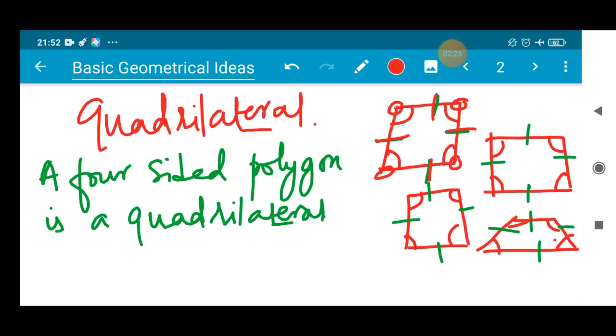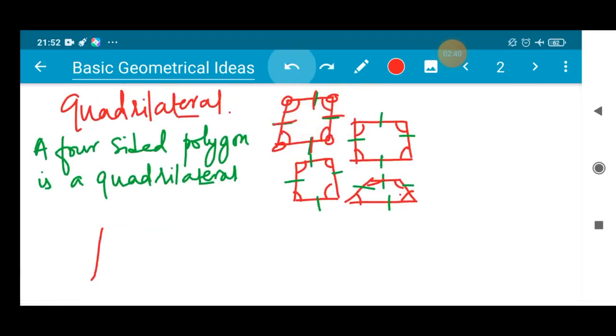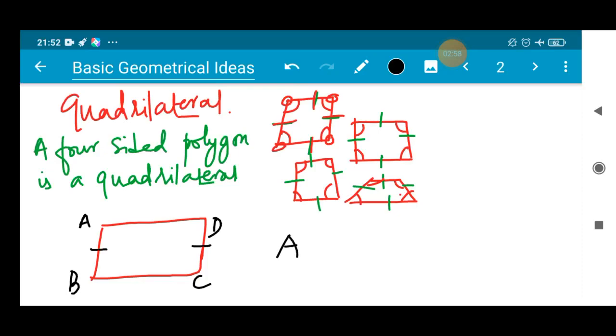Okay. Now in this session we will discuss the characteristics possessed by a quadrilateral. So you understood it has 4 sides, 4 angles, 4 vertices. Now, let me make one figure of a quadrilateral here, a rectangle, and let me name it A B C D in a cyclical order. Now there, we have two opposite sides. What are the opposite sides in a quadrilateral?